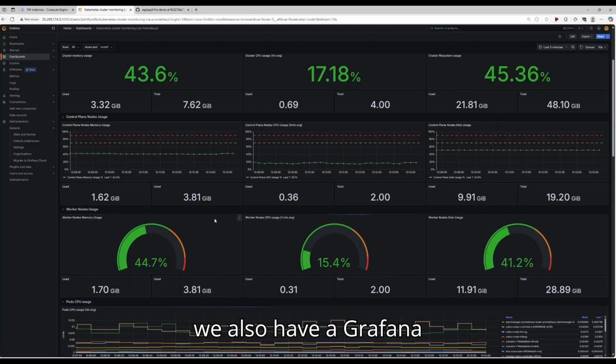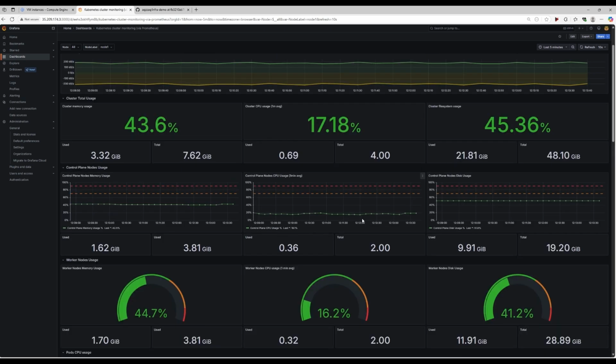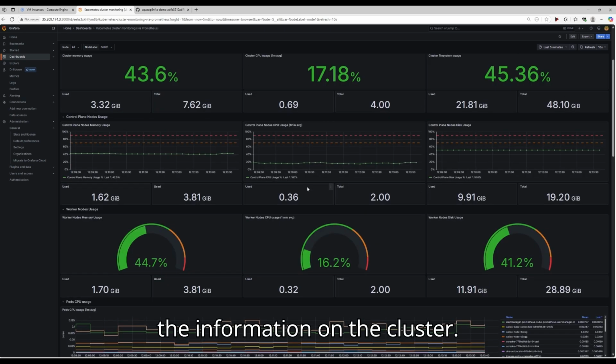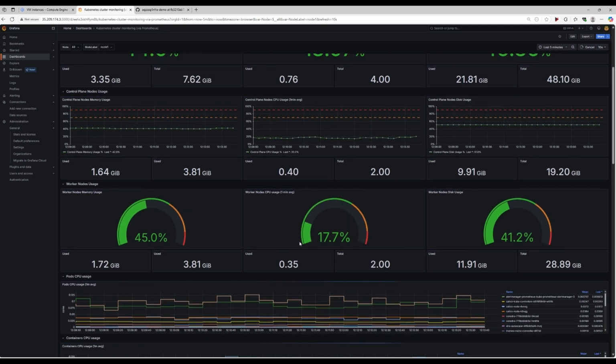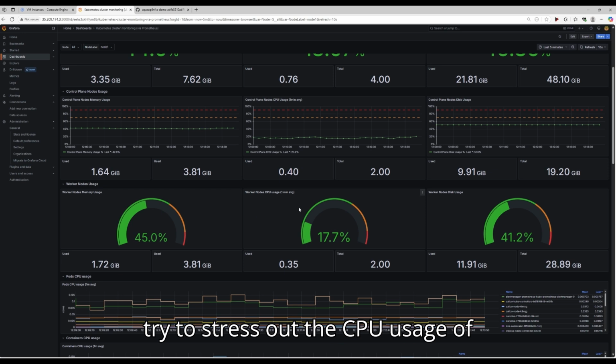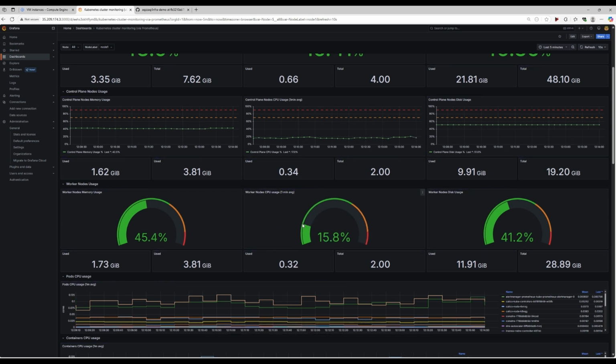And we also have a Grafana dashboard showing the information on the cluster. So the first thing we want to do is to try to stress up the CPU usage of the cluster, so we can demonstrate how the AI is able to